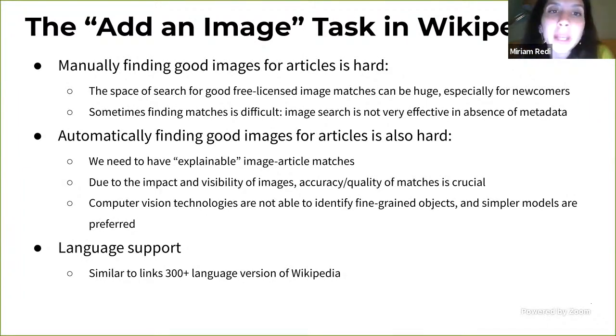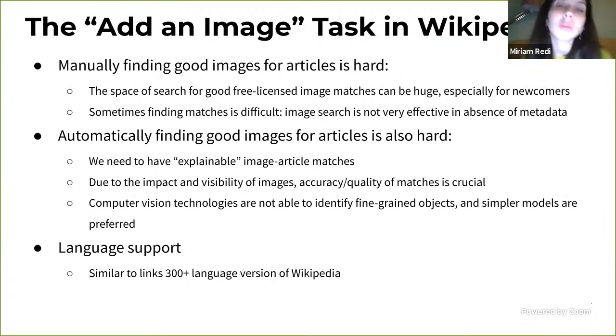And sometimes the space is too small because traditional image search engines cannot retrieve free license images for unillustrated articles, because sometimes these images do not have enough metadata to be picked up by search engines. And so an algorithm can help reduce the space of search for finding good images for articles, but developing an algorithm for image to article matching is not a trivial task, a bit because of the absence of good metadata